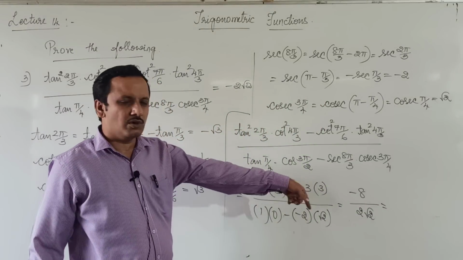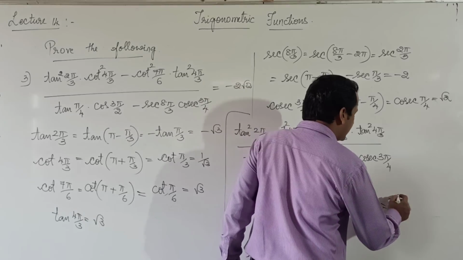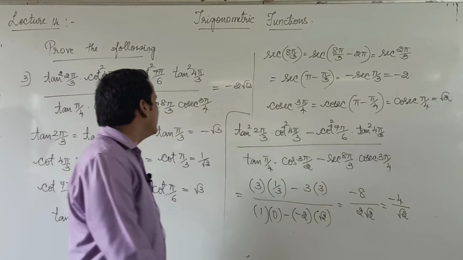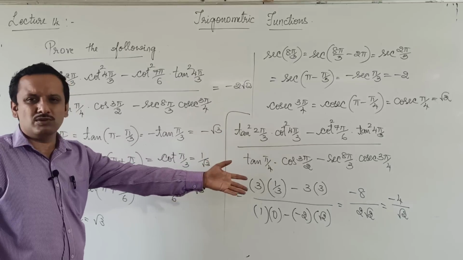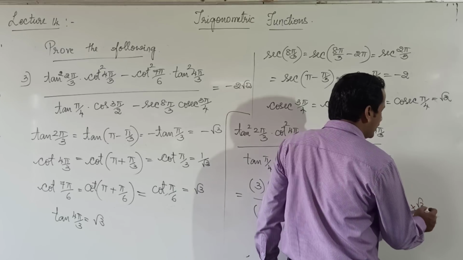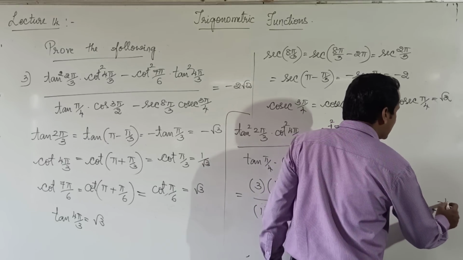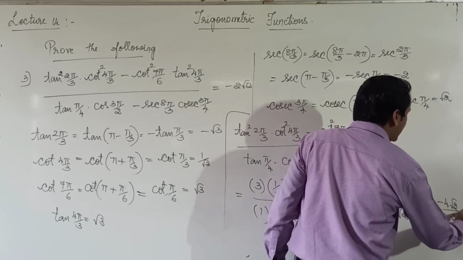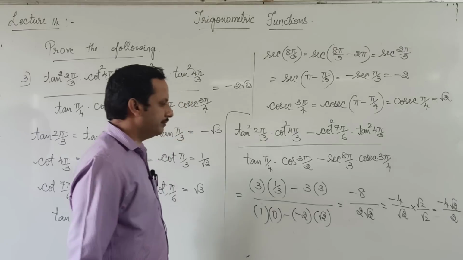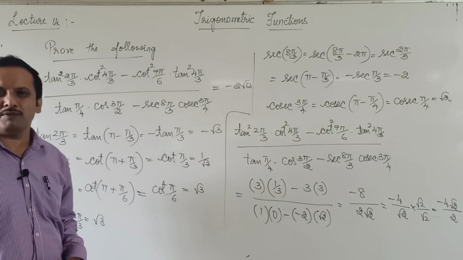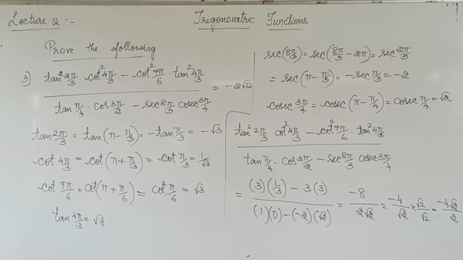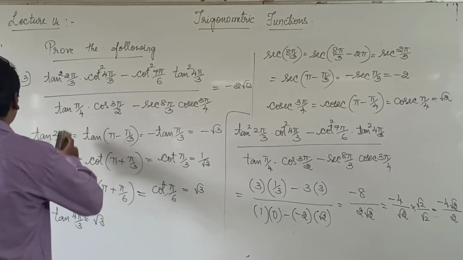That's 2 fours are 8 over 2 root 2, so we get minus 4 by root 2. We want minus 2 root 2. It is nothing but minus 2 root 2, because if I multiply and divide by root 2, we get minus 4 root 2 divided by 2. That's equal to minus 2 root 2. Okay, that's exactly what we want. Minus 2 root 2. Okay, I'll give you a couple of problems for you to work out.